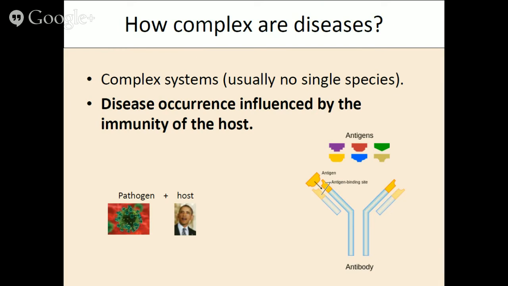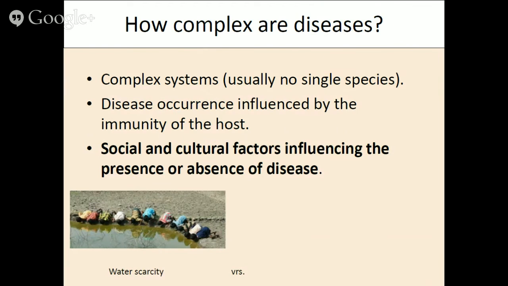Diseases are complex because the presence of diseases is influenced by the immunity of the host. So if the host develops immunity, there is not going to be more spread of disease. Another point that is very complex when modeling diseases is that social and cultural factors affect the presence or absence of diseases. This is obvious because we are trying to avoid the presence of diseases in one population or